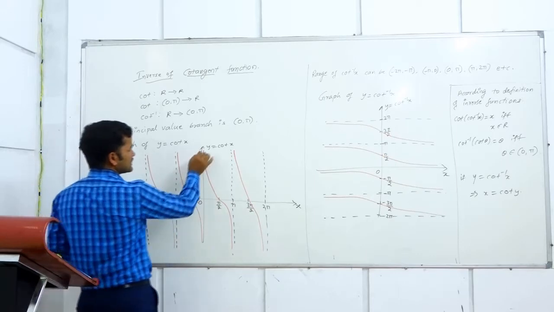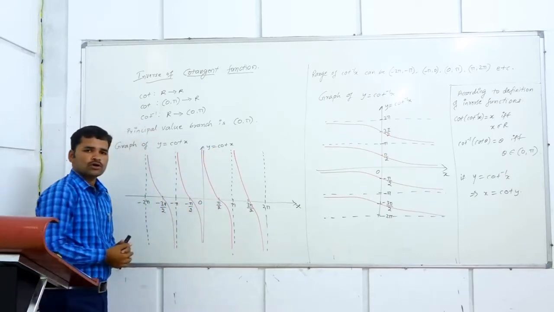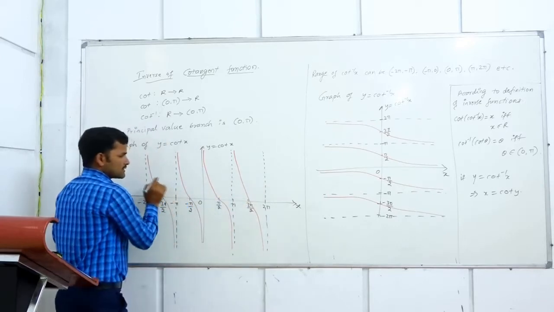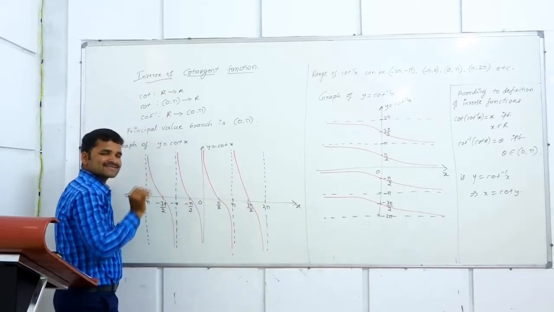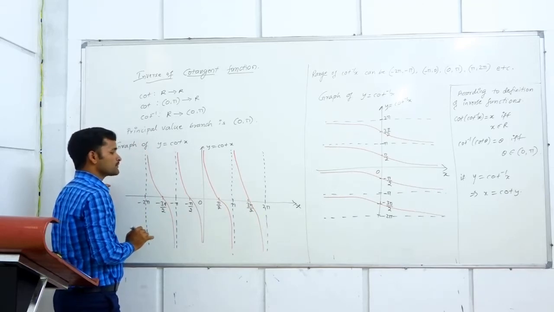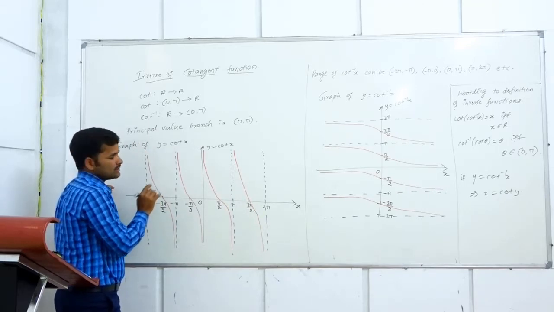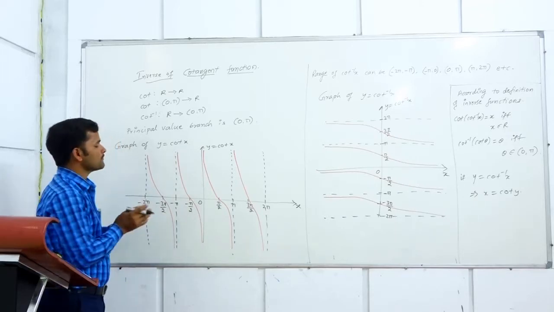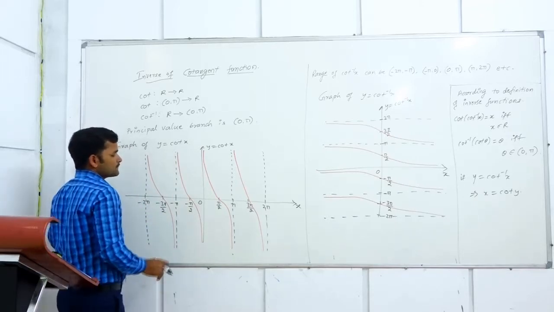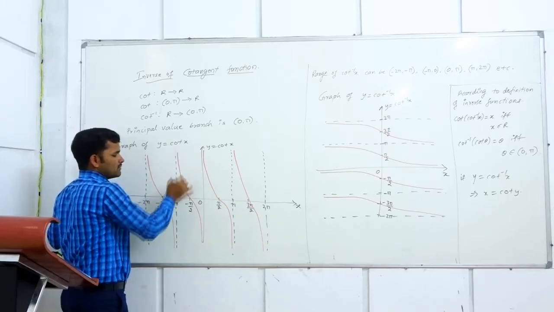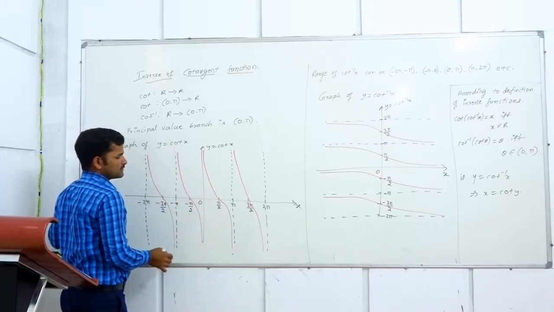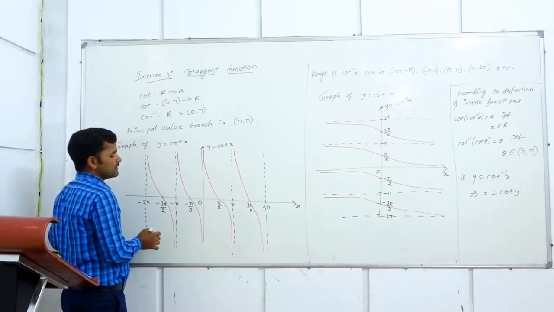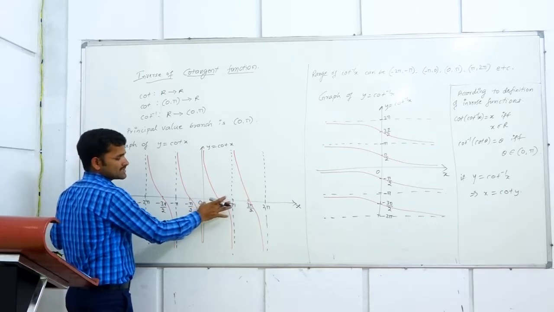Here is the graph of y is equal to cot x. If you draw a horizontal line to test whether the given function is 1-1 or not, it will not be 1-1 if you consider all the real numbers. For that, what do we do? We restrict its domain. If you consider from minus pi by 2 to plus pi by 2, this is not possible to do. Hence, we restrict it from 0 to pi.